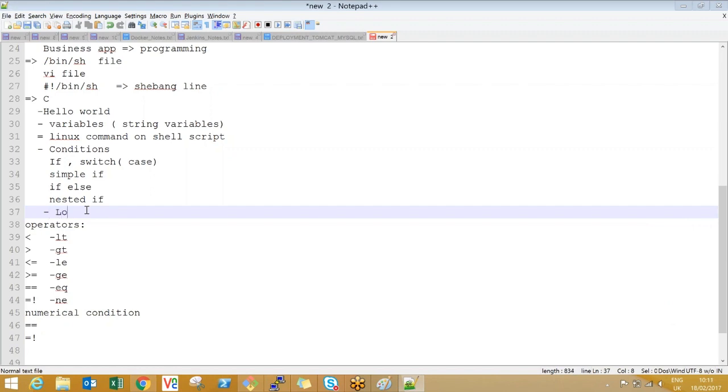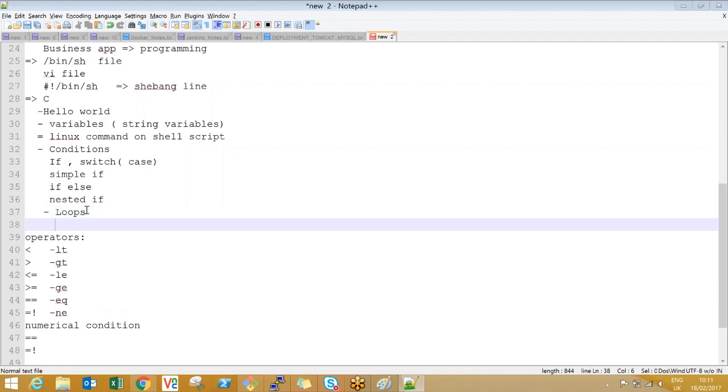Did you ever hear about loops? Yes, Kiran, while loop. Do while, absolutely correct. While, do while, that's what I'm expressing. If you try to recap your things, it is really easy to understand the current things. So while, do while, and for loop, right? You might remember all these things. The same stuff is there in every scripting language, every programming language.